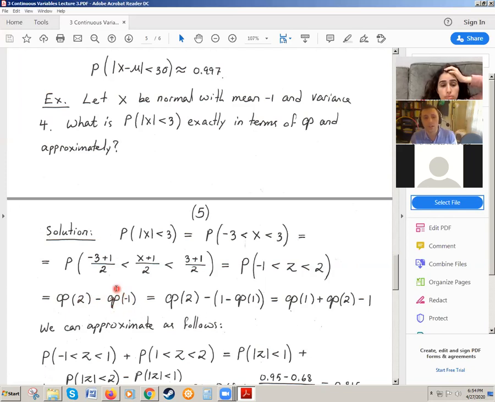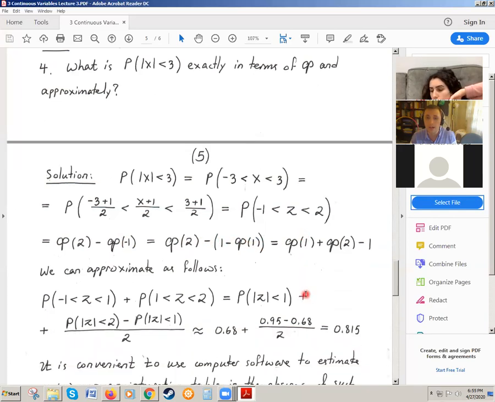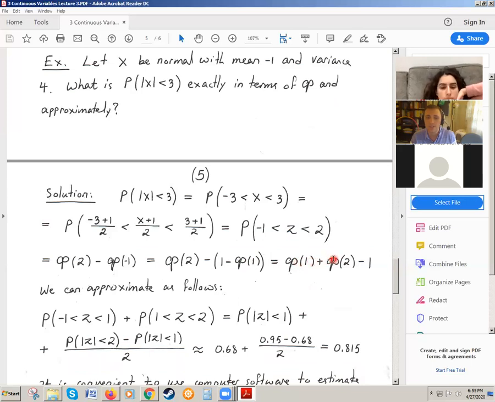Now, I will show later, I suppose in the next class, that you can use an integration table if you don't have a computer. It's already becoming obsolete, right? So how do you estimate those numbers? Well, usually those tables do not contain negative numbers to save space, so you need to convert for the number to be positive. So what you do is you write it as 1 minus phi of 1, and then when you simplify, it's basically phi of 1 plus phi of 2 minus 1.